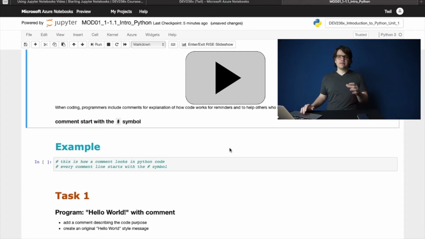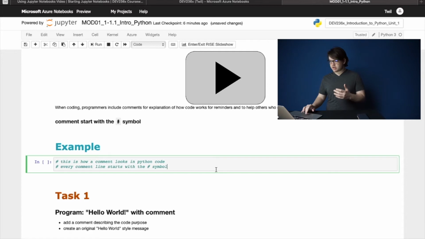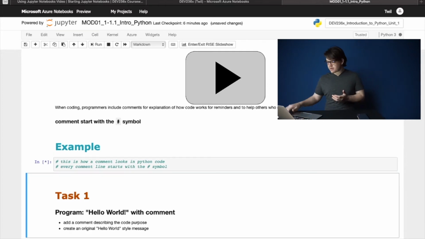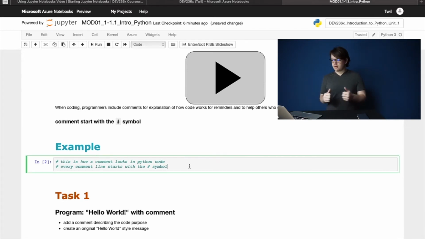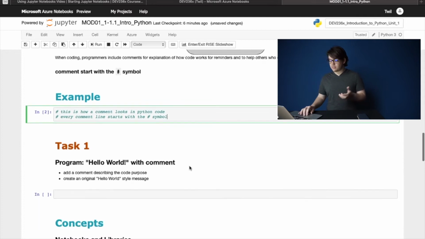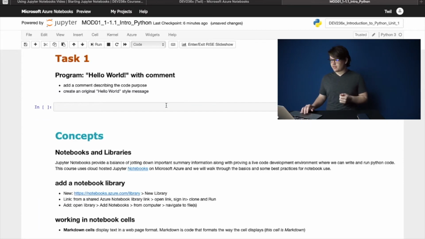So in the second video, they are talking about the hashtag, what it means in Python. It means you are adding a comment. When you run the code, they don't print the hashtag from what I'm understanding, and they are only used when you are reviewing the code to know what happens in the code. So let's check if that's true. And yes, you can see I pressed Shift Enter and it doesn't run, so it works.